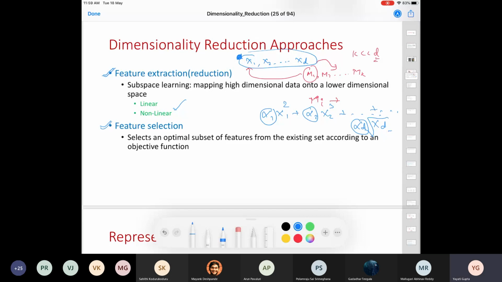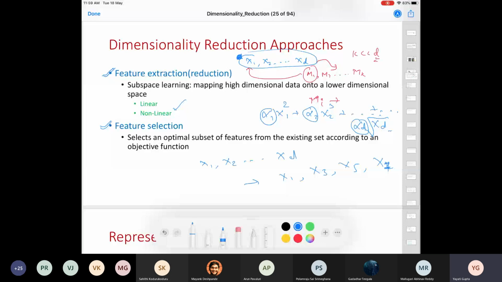Now, the second method that I was talking about, in the context of text documents. Instead of using all the D features, I will pick a subset of these D features. Let me say that I pick x1, x3, x5, and some x7.